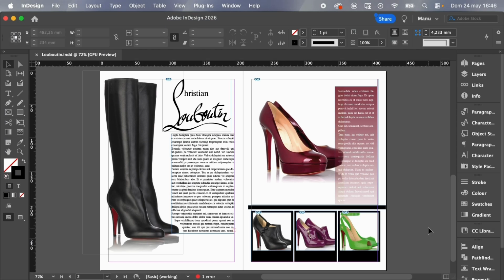Hello people and welcome to this new class where we are going to do an exercise to replicate this fashion magazine spread. In order to do this, we will have to use many different tools, so it's going to be a good challenge. And we will take as a reference the InDesign document already done by me. This will help us to learn how to read a document when it is already done. This is another situation that it can happen in your career.